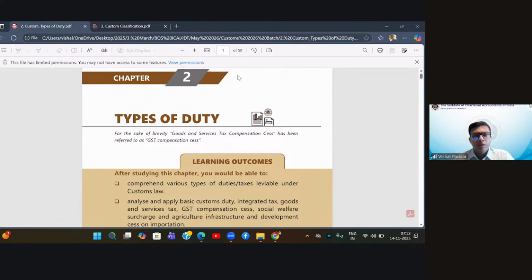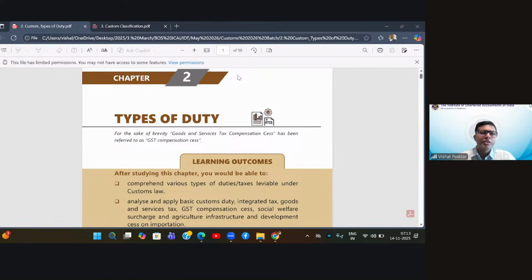Plus, the customs duty that we are going to study in this chapter is broadly of two categories. One is revenue duties, which are imposed to collect revenue, the main purpose of a taxation law. The second is revenue and protective duties, where the purpose is providing a shield, a protection, to our domestic industries, to our domestic goods, and to our domestic market.